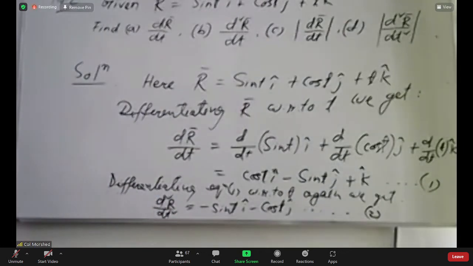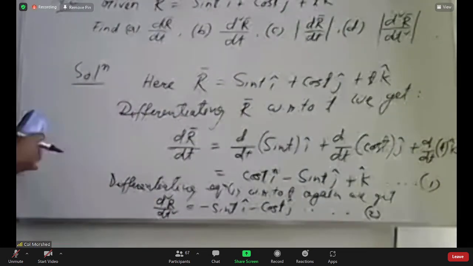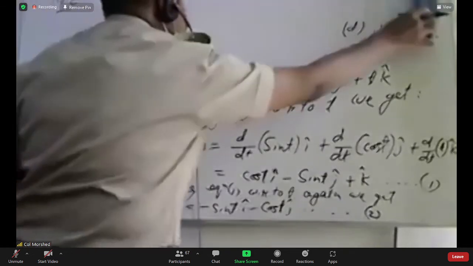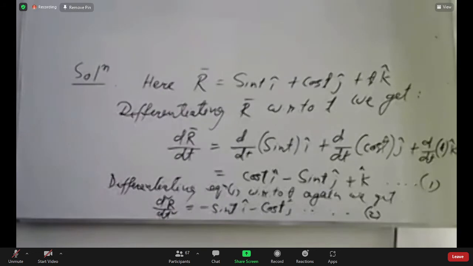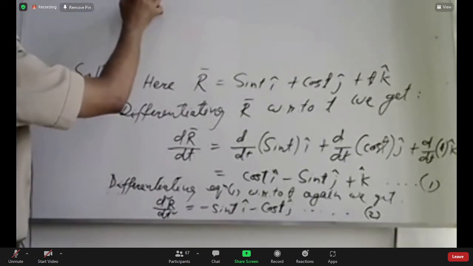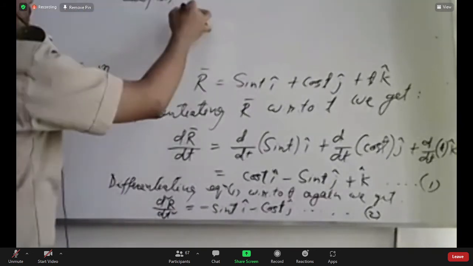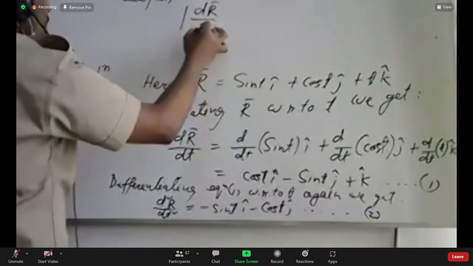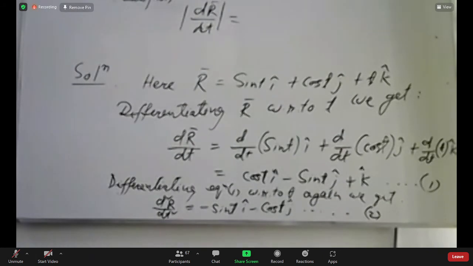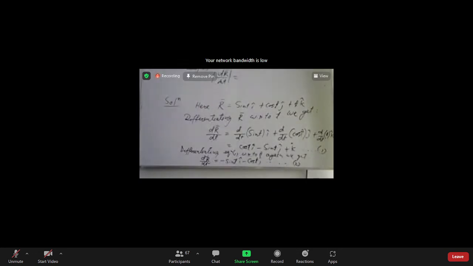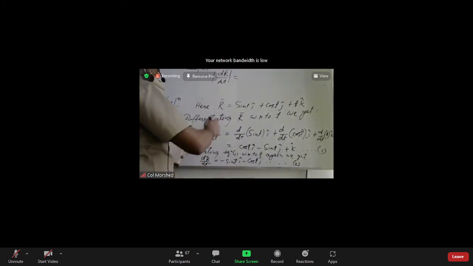So this is equation 2. Therefore, the magnitude of dr/dt is equal to what? How to find out the magnitude? Can you remember? The magnitude of the vector having components, how to find out? Root over